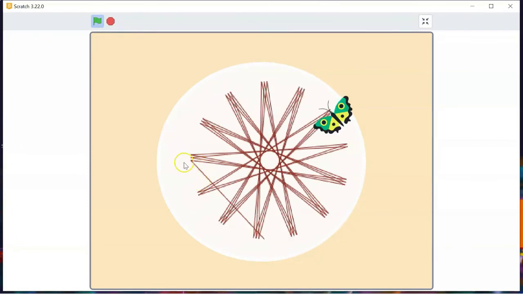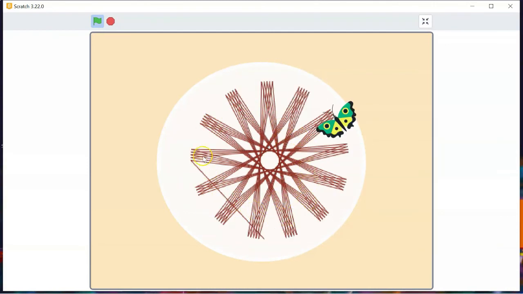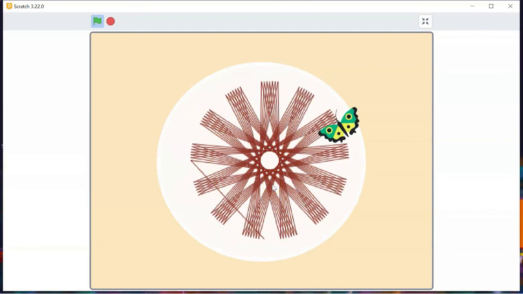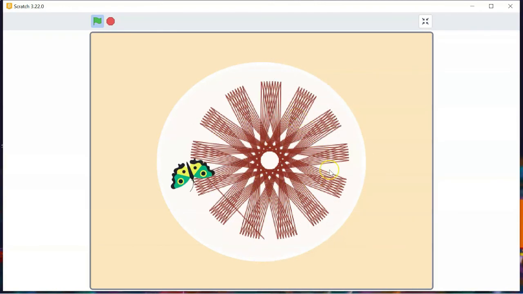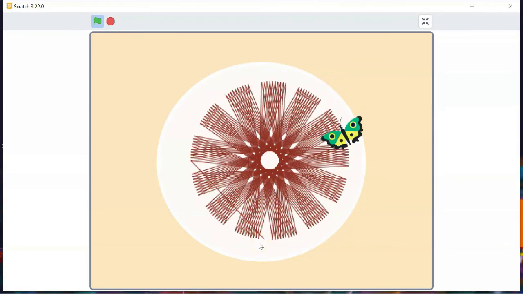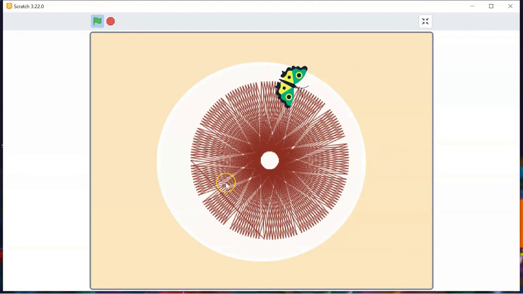You can see this line, since I have not completed the entire picture, that is all the repetitions, that's why you are able to see it. If you complete this, then you may not be able to find this line. Yes, it looks very nice. I think I still have to complete one more line, but I thought this would look nice, so I stopped it here.